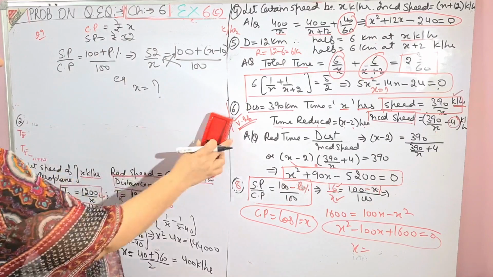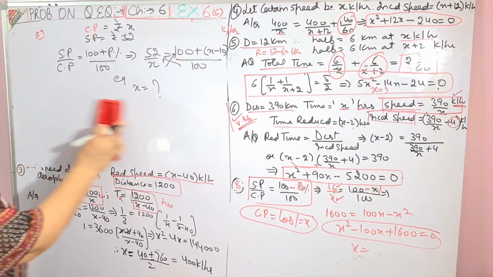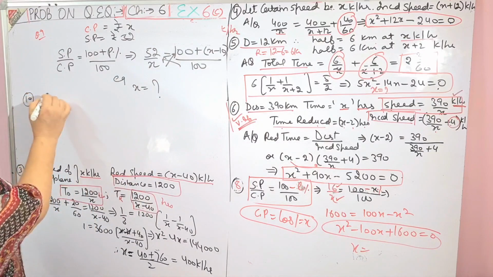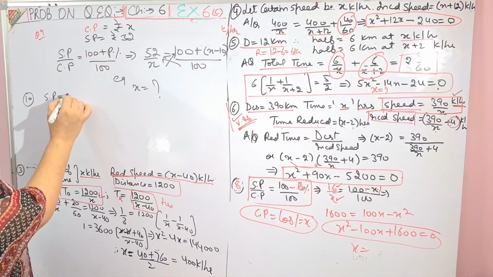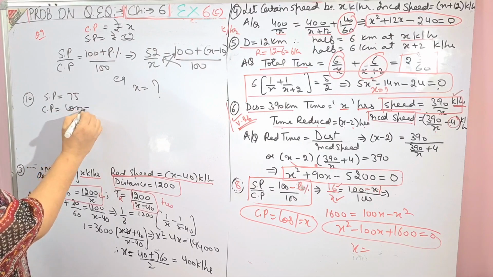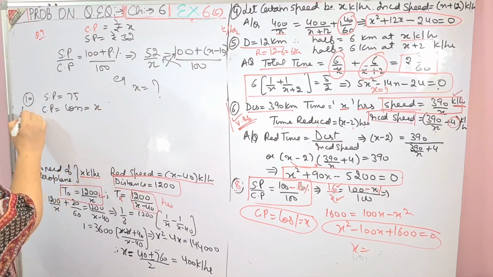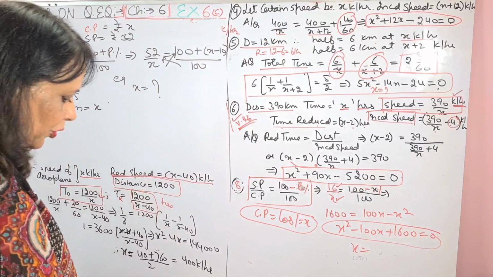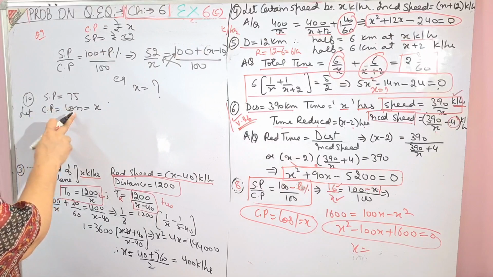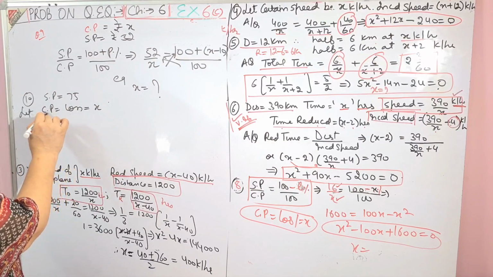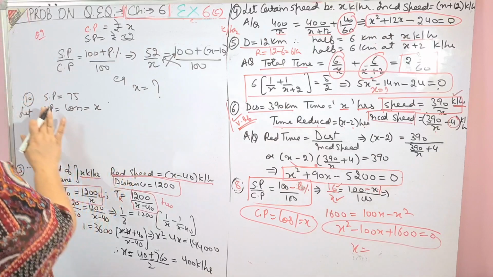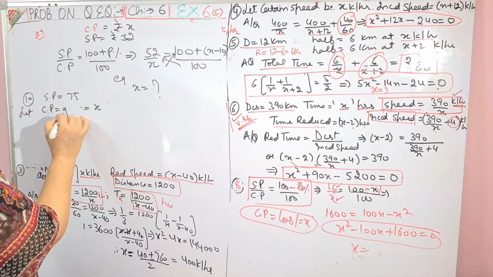Once again, I will give you the language of question number 10. It is the same only. Selling a chair. Selling price is 75, and he says that cost price and percent are equal to x. Because he said that Mohan gained as much percent as it cost. So I suppose CP and percent to be x, because if CP is x, loss percent is also x. Gained, it is gained, sorry.